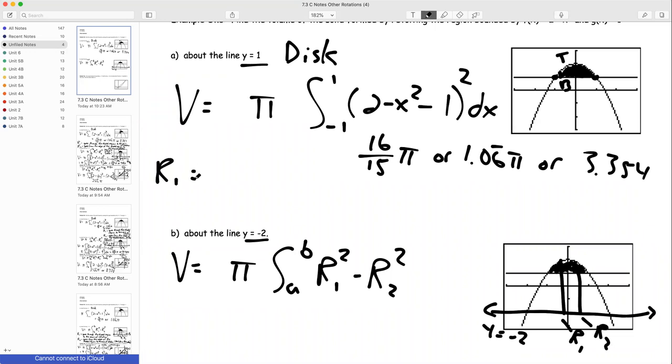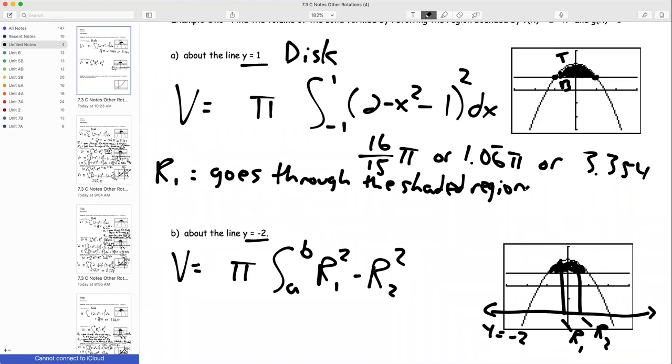R1 goes through the shaded region to the axis of rotation. So again, looking up here, R1 starts at the top curve, goes through the shaded region all the way down to the axis of rotation. R2